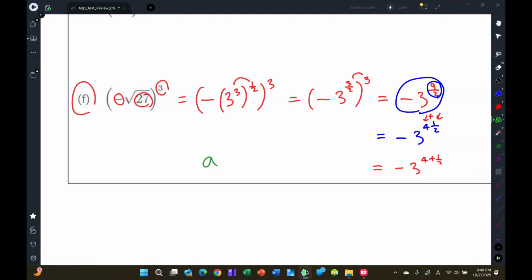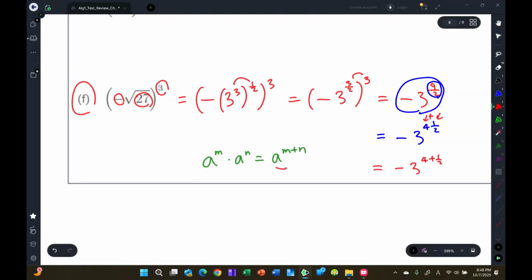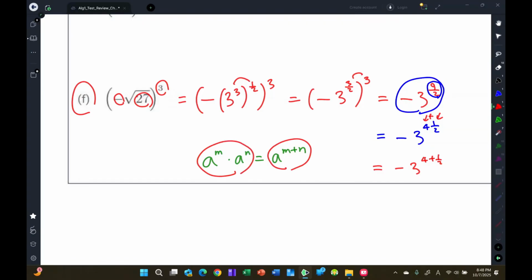Remember this exponent rule? A to the m power times a to the n power is a to the m plus n. I can use this rule the other way around. If you have a sum of two numbers in the exponent, I can rewrite that as a multiplication of two separate bases,